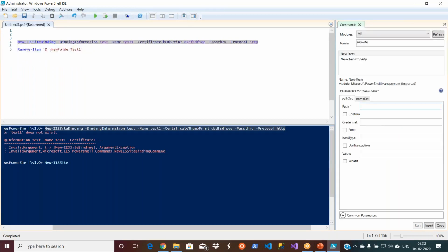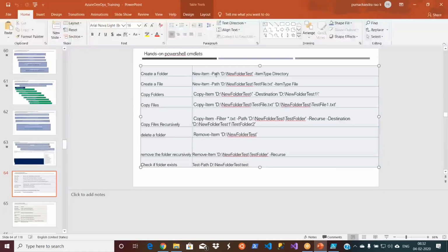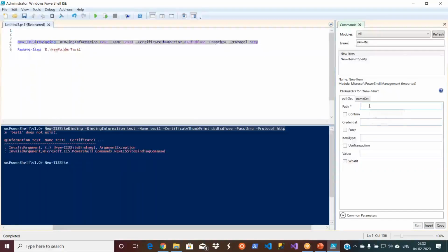Basically, these will help you to quickly learn anything. So for the new item, we give the path switch and then the actual path, and then the item type switch and then the item. In the same way, they will give it. What is the path?